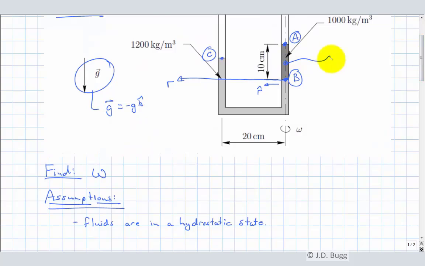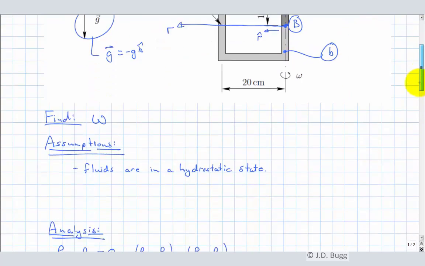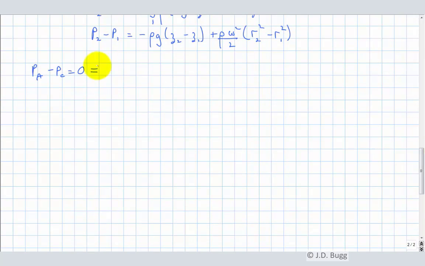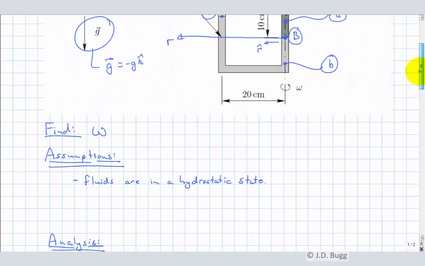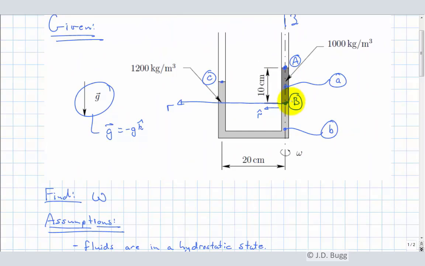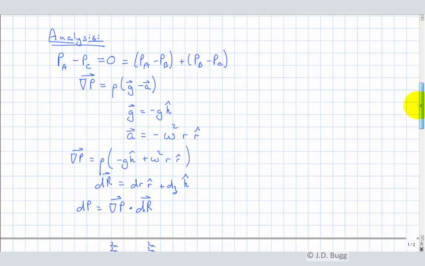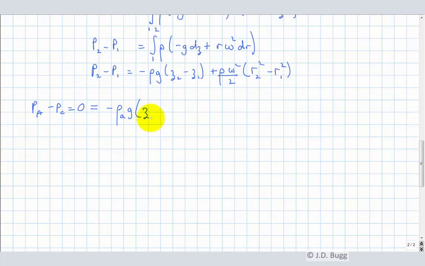This fluid here I'm going to call fluid A, and this more dense fluid here we'll call fluid B. So we'll just use those lowercase a and b to designate our two fluids. First of all, writing this equation down for PA minus PB, that'll be minus rho fluid A times G, and Z2 minus Z1. Let's take a look at that. That is, in this case, just ZA minus ZB because we're doing A to B. So this becomes ZA minus ZB